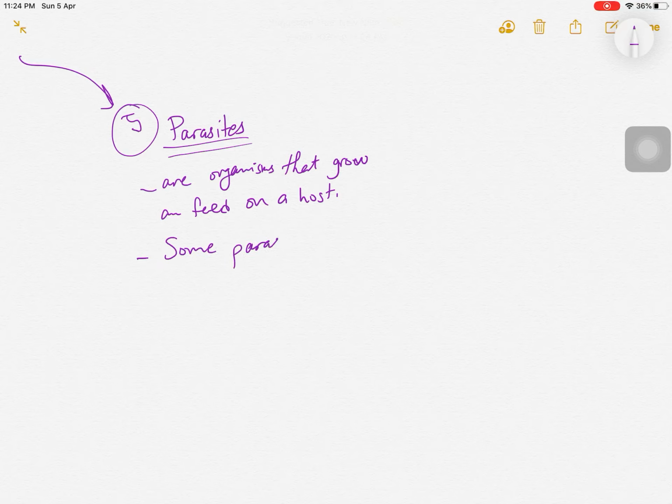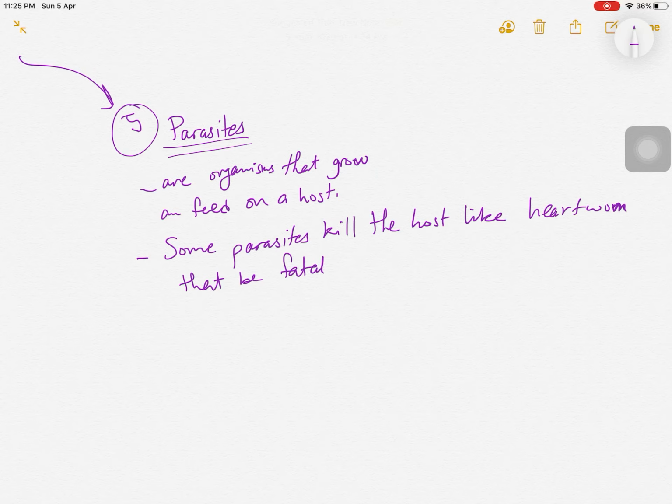Some parasites kill the host, like heartworms that can be fatal in mammals,